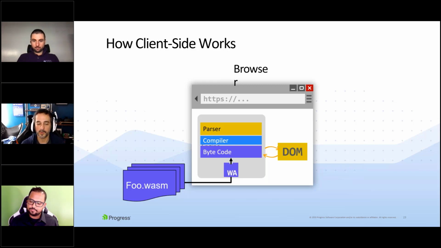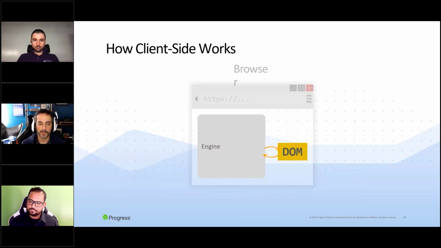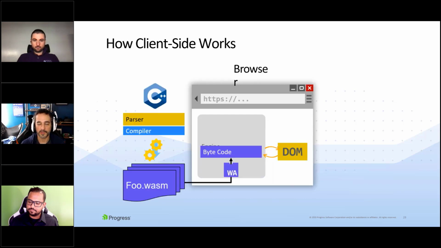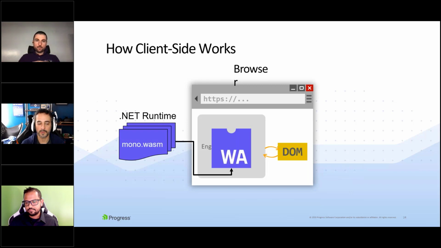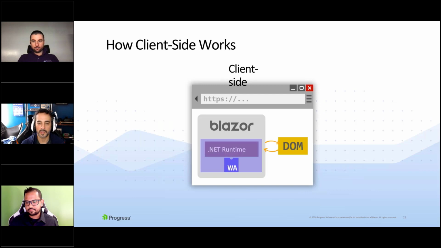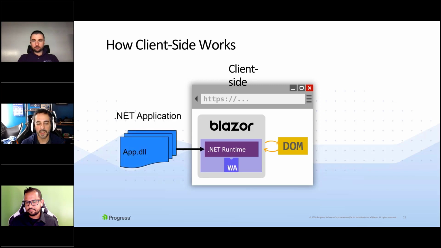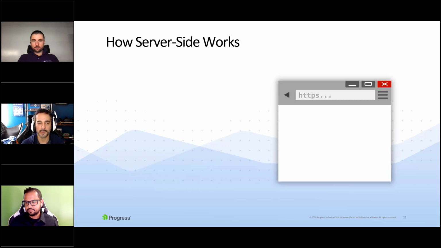So we have bytecode that has been compiled externally to the browser. And this opens us up, as Veli said, to different programming languages like C#, Go, Rust, etc. And we can compile those things into WebAssembly. And this is the engine that WebAssembly runs on, or sorry, Blazor runs on. It is the .NET runtime running inside the browser. So we're actually executing .NET code in the browser, Blazor being one of those libraries. And then your application code as well is a .NET library that is running client side.